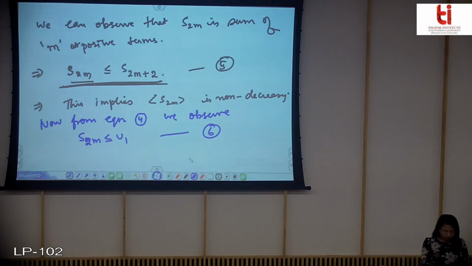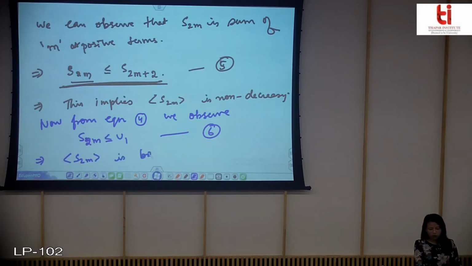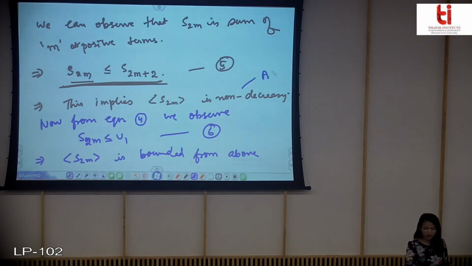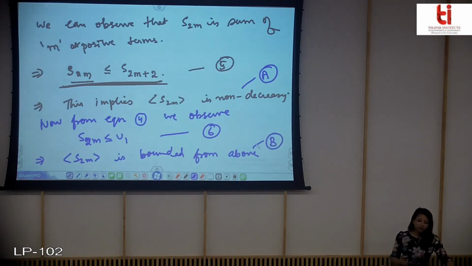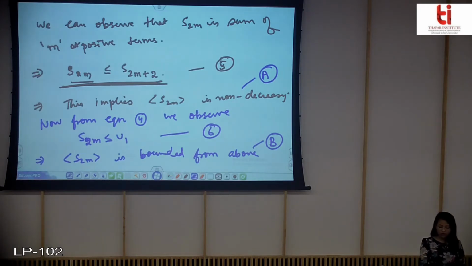Now what does this imply? This implies that S2m is bounded from above. Now if I call this one A and this one B, and I combine A and B, that S2m is non-decreasing and it is bounded from above, you know by the non-decreasing sequence theorem that it will converge. So I'll write it down, hence